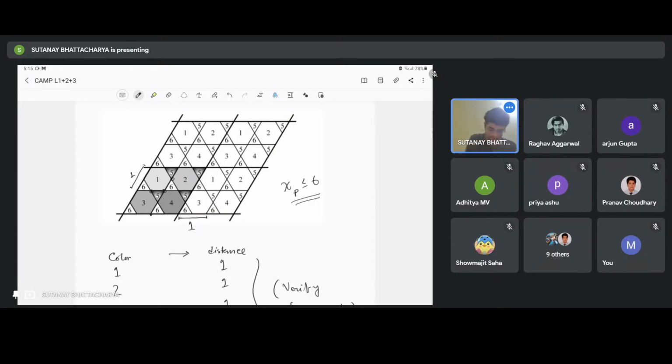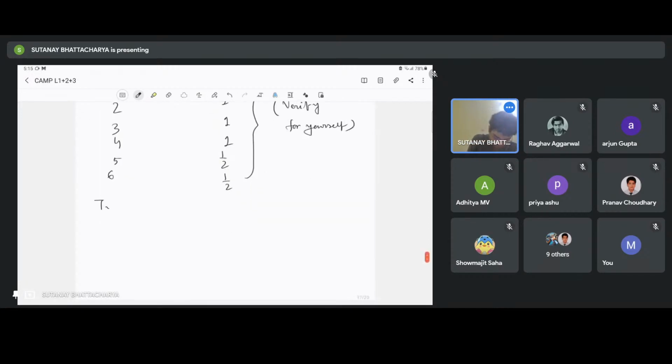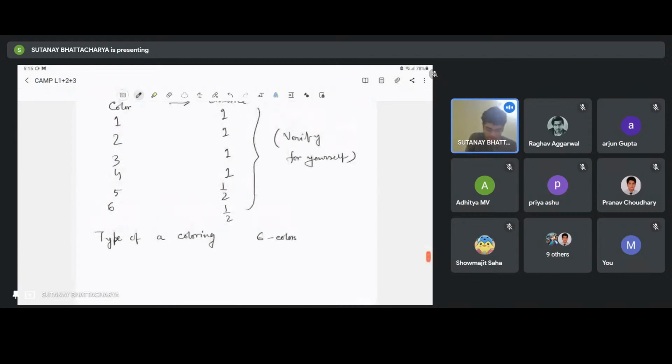So to do that, we introduce the type of a coloring. Suppose you color the plane with exactly 6 colors, and for each color you write down a distance that it avoids. That's exactly what we did here, and we write that as a sextuple. That sextuple will be called the coloring type of that coloring. So for this coloring, the type is,